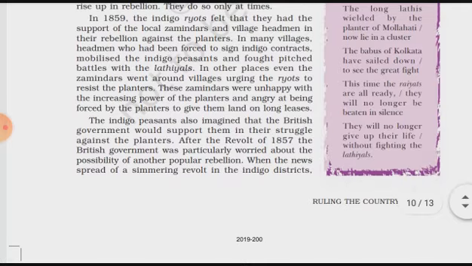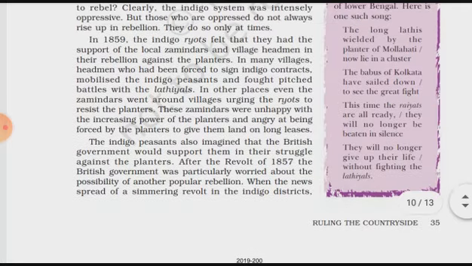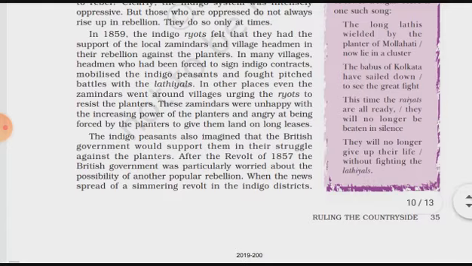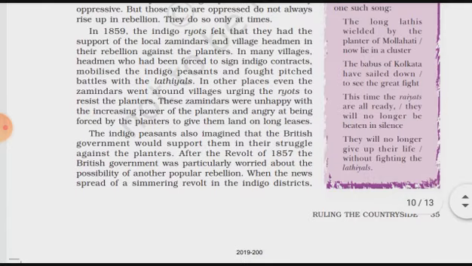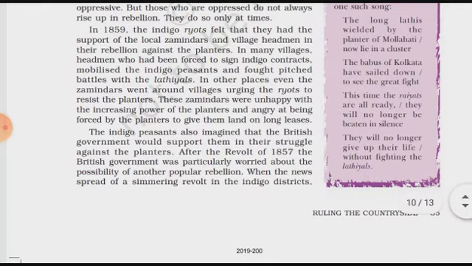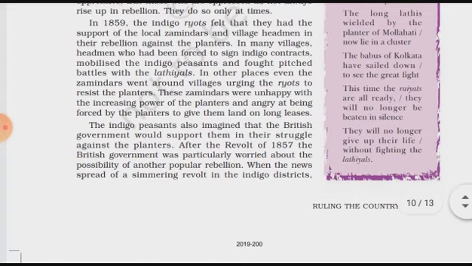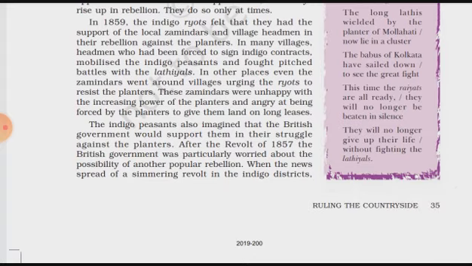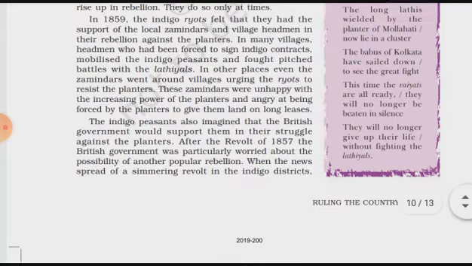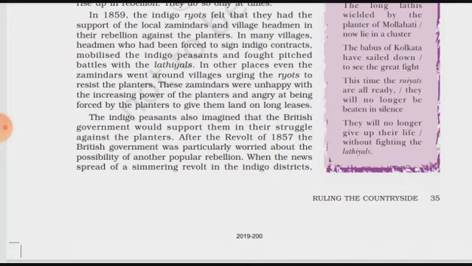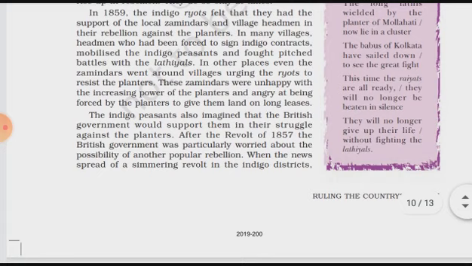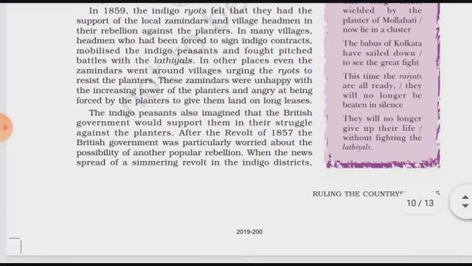headmen in their rebellion against the planters. So, what happened? The Indigo riots, whoever the indigo farmers were who used to cultivate indigo in their fields, felt that they had the support of the local zamindars. They were getting the support of the local zamindars and village headmen in their rebellion against the planters. In many villages, headmen who had been forced to sign indigo contracts mobilized the indigo peasants and fought